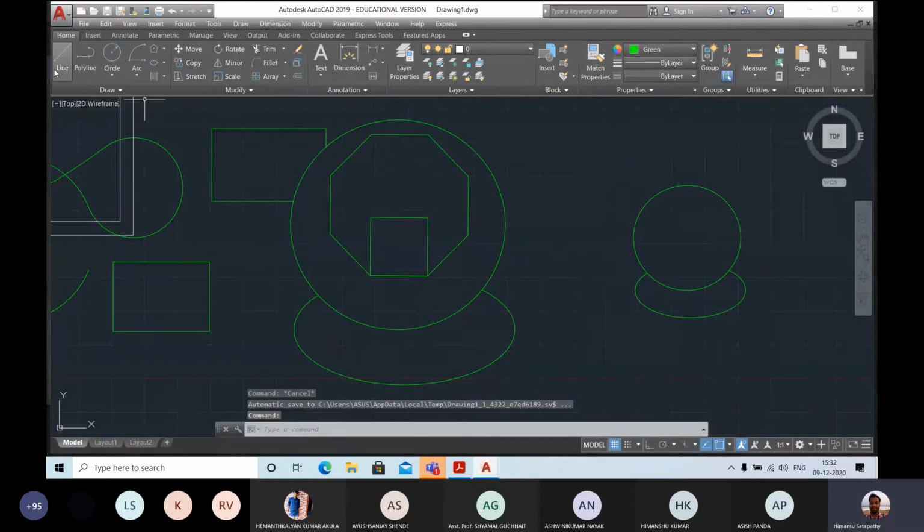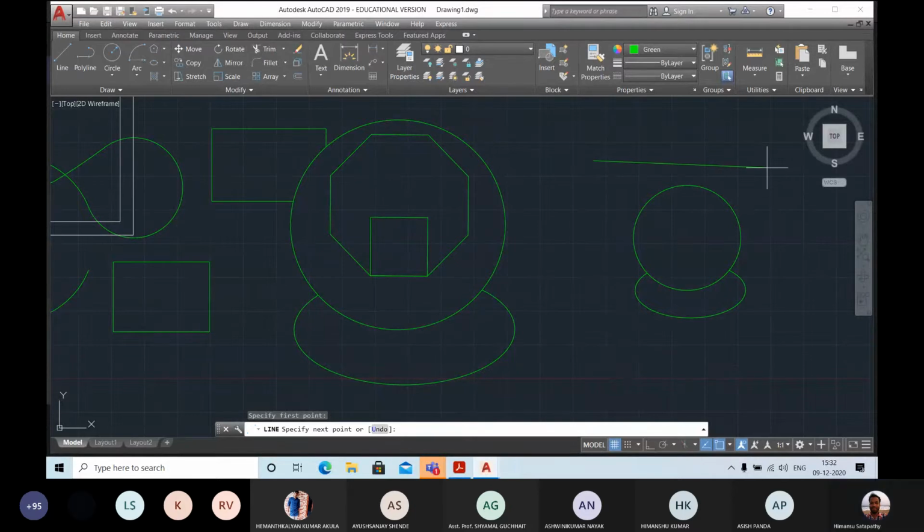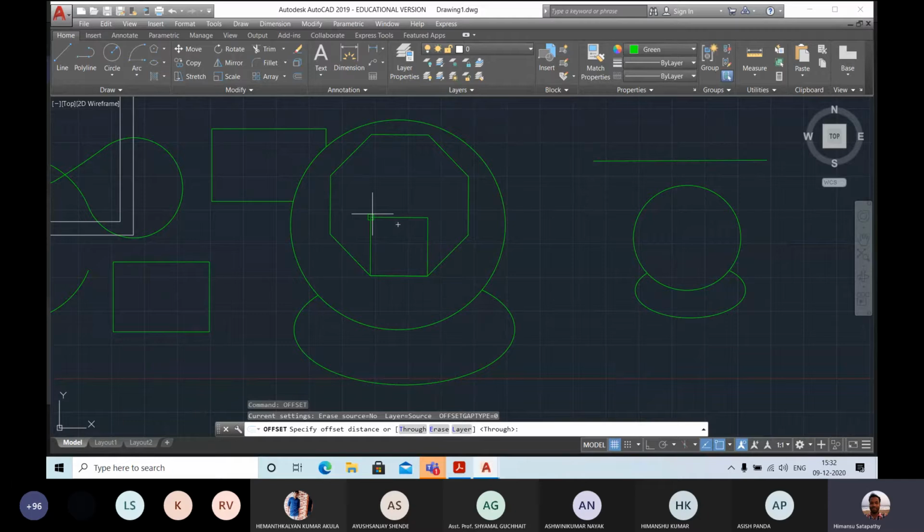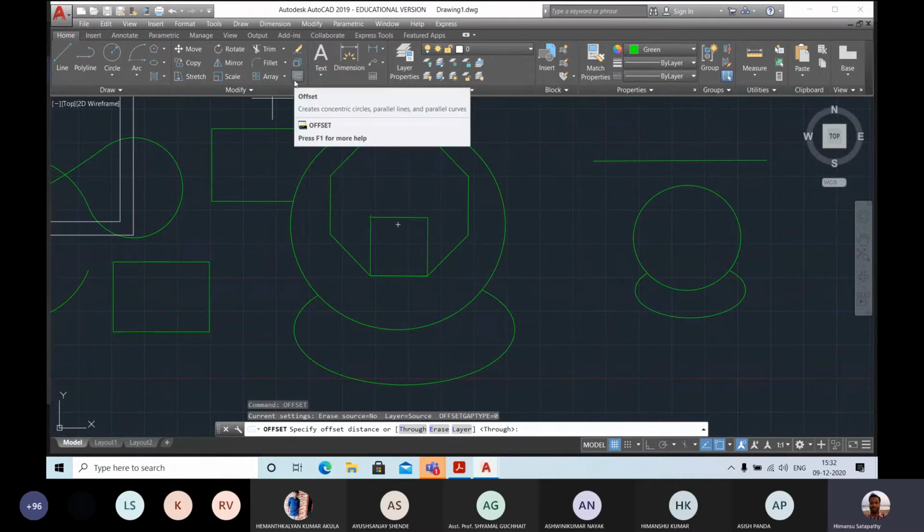Similarly, I just draw a line over here. Then if I want to draw parallel lines, I will go for the offset command. The command is offset, OFFSET. You can type offset, or you can click here. This is the offset command.